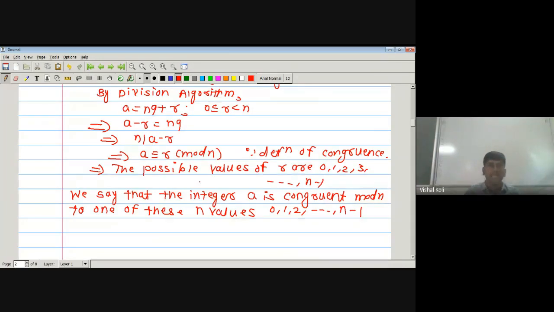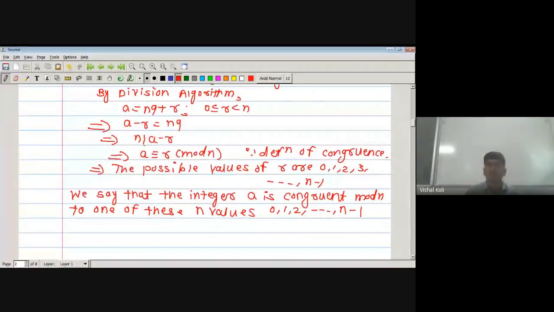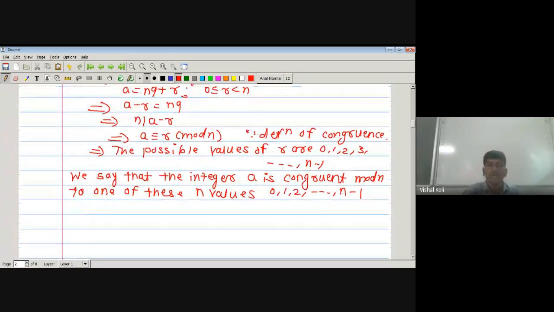As we take any integer a and divide it by n, the possible values of r are 0 to n minus 1. That is, there are n possible values for the remainder r. Okay, now in particular